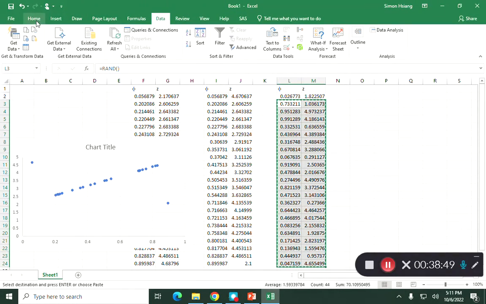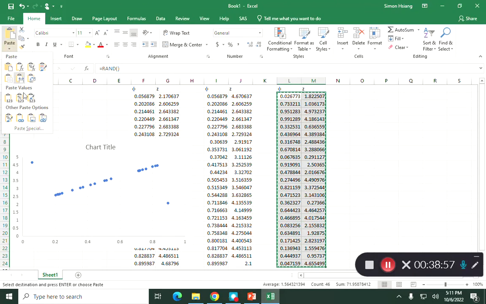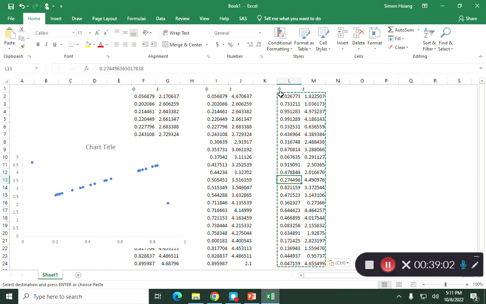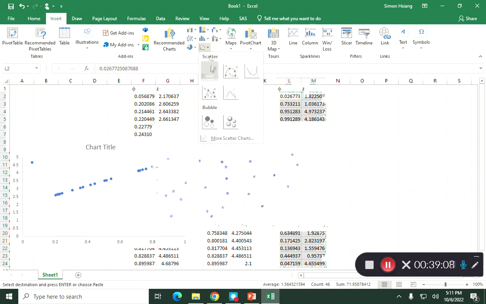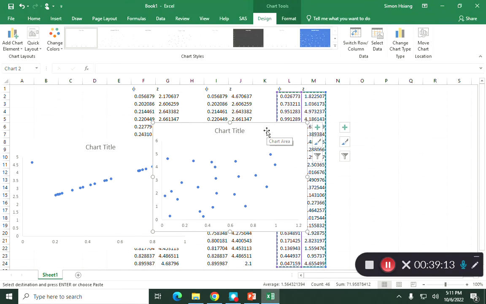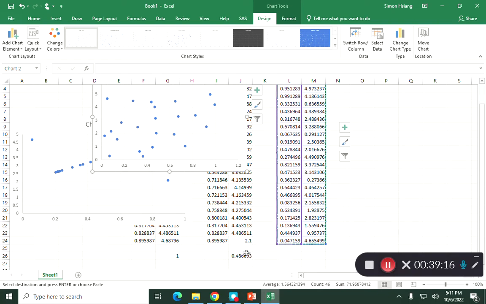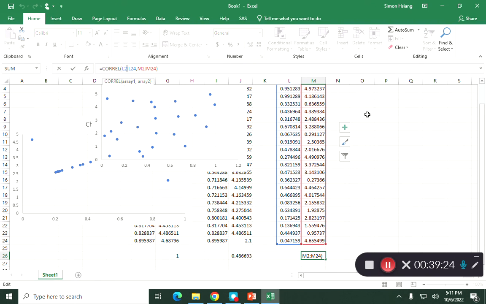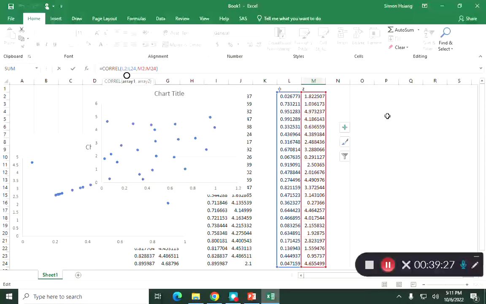scatter plot, okay? No, hold on. Control C, paste special, values. If you look at the plot right now, insert, it's everywhere, right? So what do you think the correlation coefficient is going to be? Yeah, so we can do this. Control C, Control V. It's not big, right? But I would like you to also do the same thing. Try to